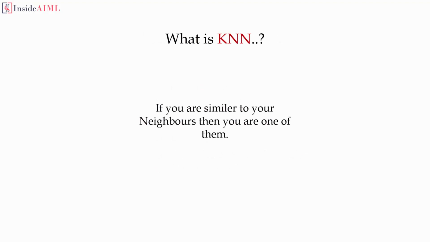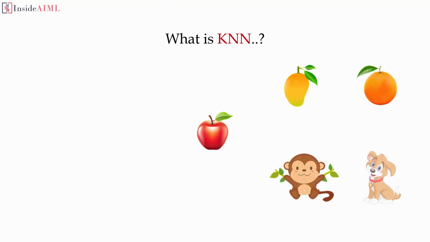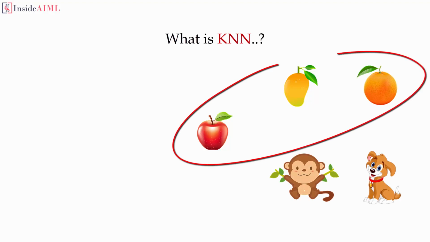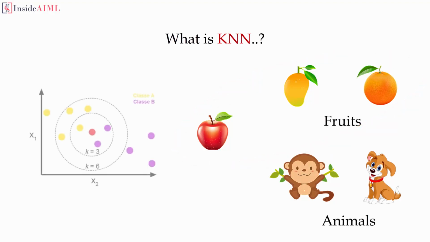So let's get started. What is KNN? KNN suggests that if you are similar to your neighbors, you are one of them. For example, an apple will look more similar to a mango or an orange than a monkey or a dog. So it is most likely to belong to a group of fruits than a group of animals. So it is a simple algorithm that uses the entire dataset in its training phase, and when a